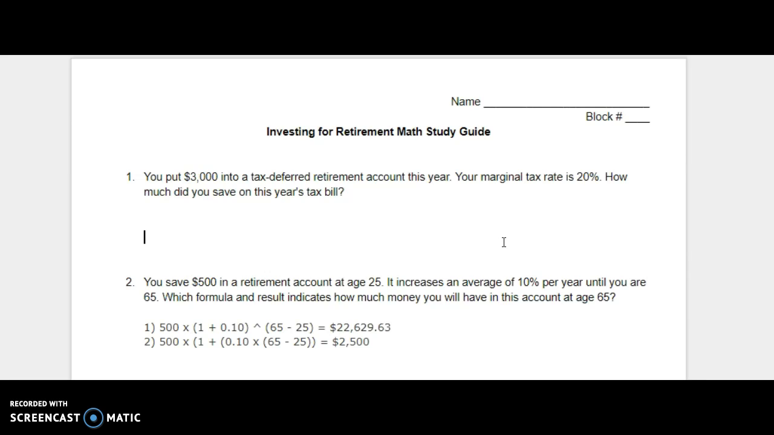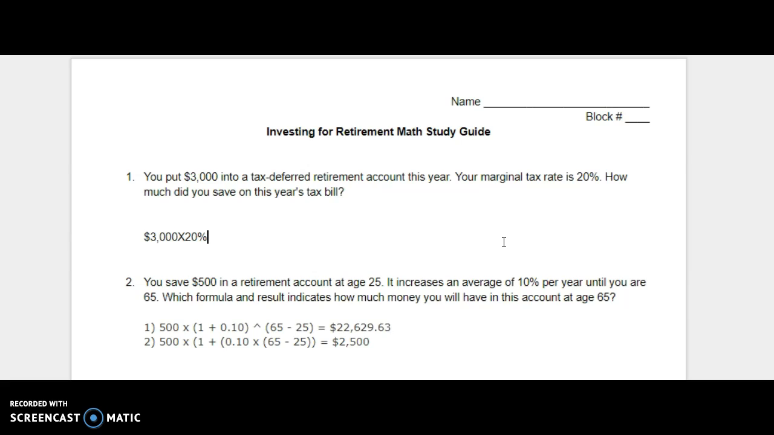So remember, some types of retirement accounts actually allow you to put that money away for retirement without taxing it. So that's what's happening to this $3,000 you put away for this year. Let's start with the $3,000 that we put away. And we know that if we didn't put the $3,000 into the retirement account, we would have had to pay tax on it. So our tax rate of 20% and then our $3,000 into our retirement account,